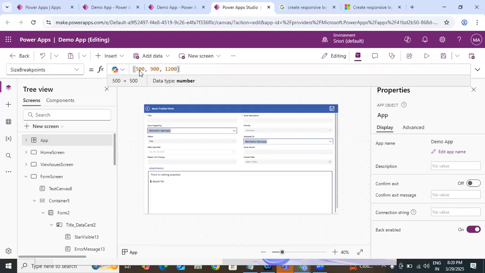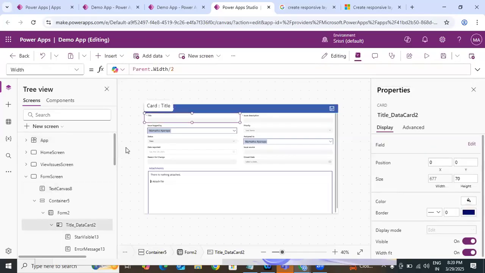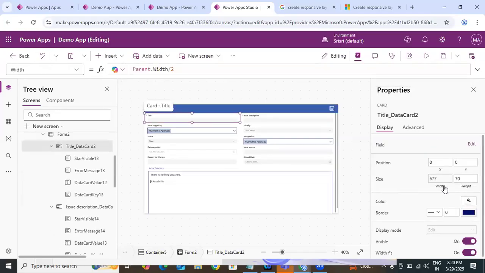For example, in your case, for tablet also they want to display it like a small one, a single column for each row. In your scenario, you can consider it. So how can we take these breakpoints? So what I'll do is,